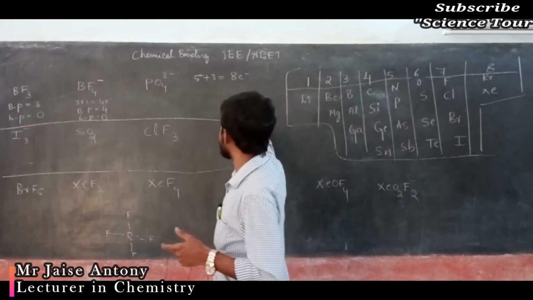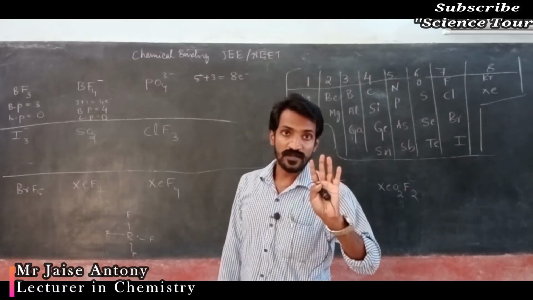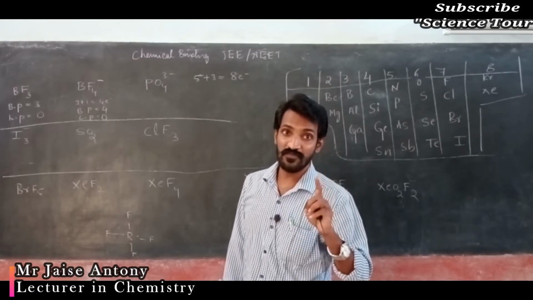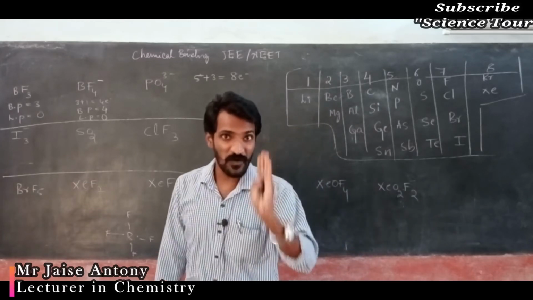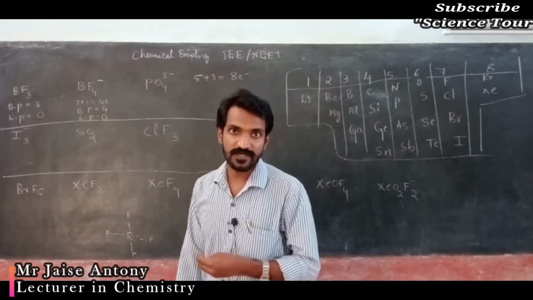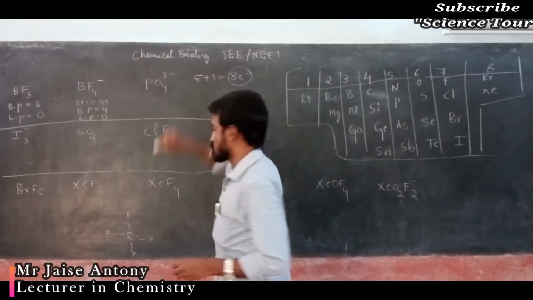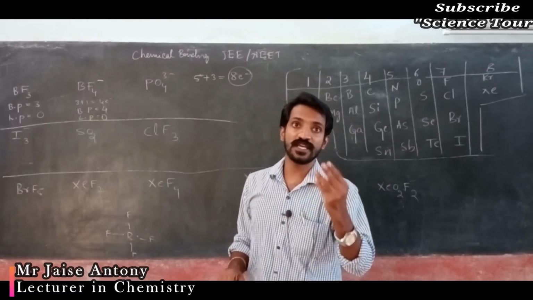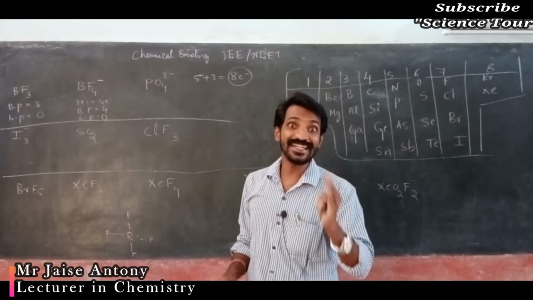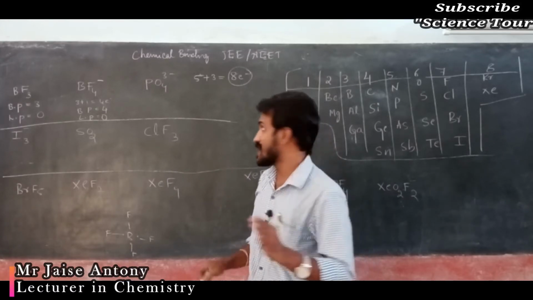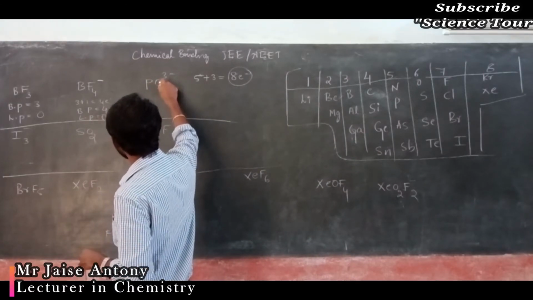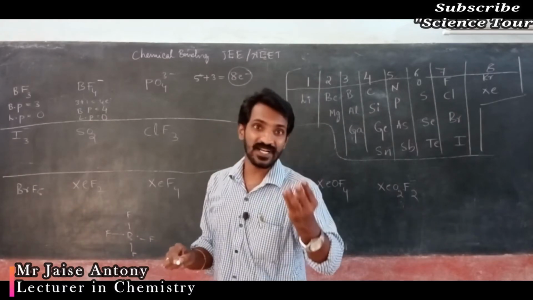How many bonds are there? Four bonds with the oxygen atoms. Four bonds means how many electrons are required? That is very important, my dear students, because oxygen forms a double bond. Each bond takes two electrons of phosphorus. Here phosphorus has a total of 8 electrons. Four oxygen bonds, each a double bond, means 8 electrons are required. So forming bonds with the oxygen, phosphorus requires 8 electrons.